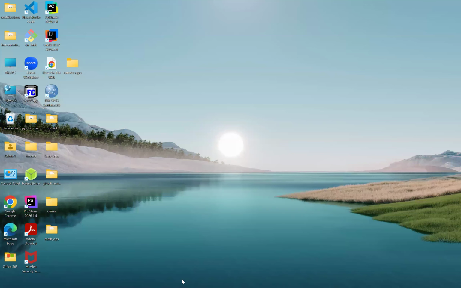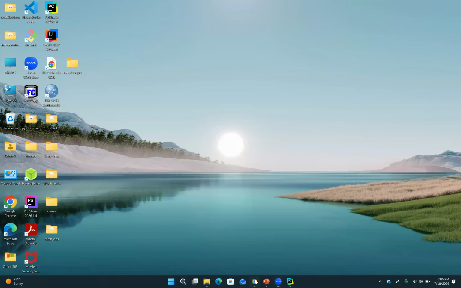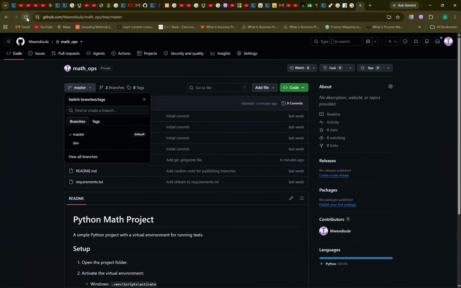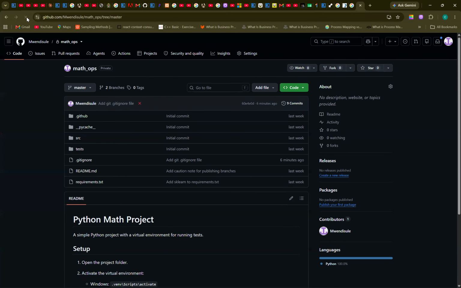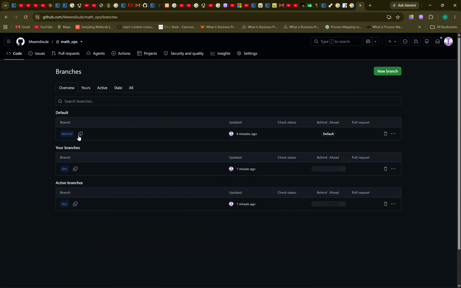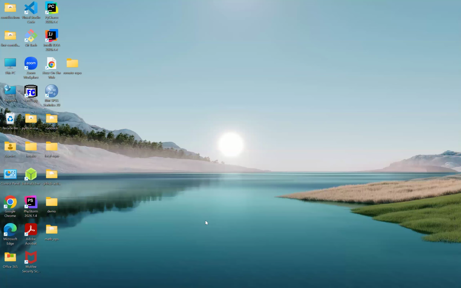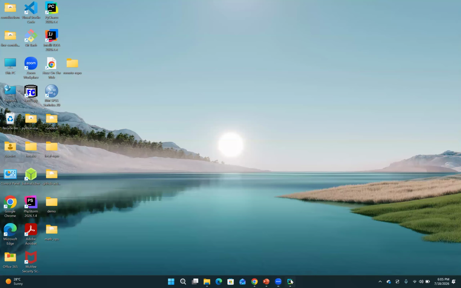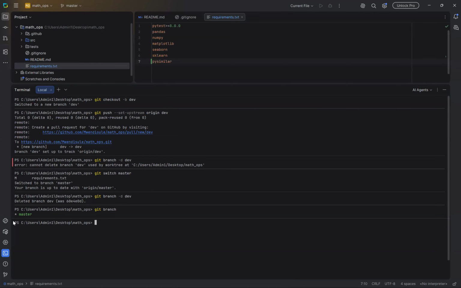So in this situation, if you come here, although I have deleted the local branch, you still have two branches here, and these two branches are master and dev, right? Yes. So what you're required to do here is to write this command